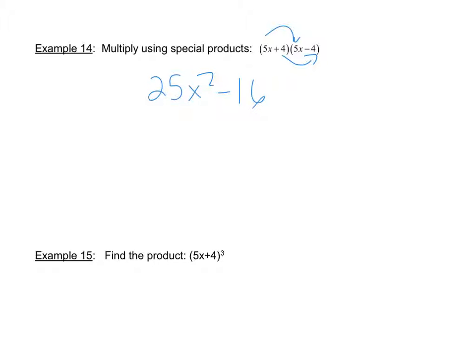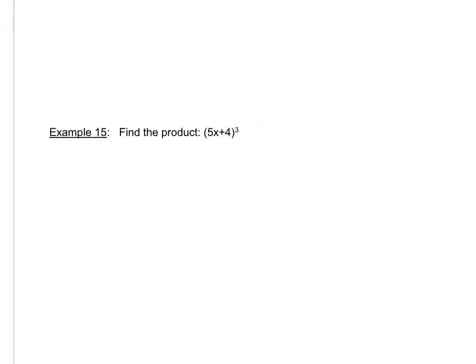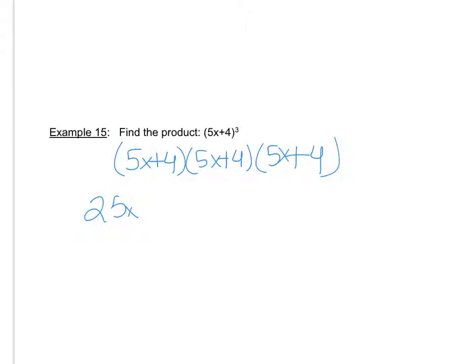Now, so here we have product. So that means to do this. See how it's to the third? That means write it down 3 times instead of 2 and multiply it out. So the first one we've already done, and you're going to get 25x squared plus 40x plus 16. And you go 5x plus 4,